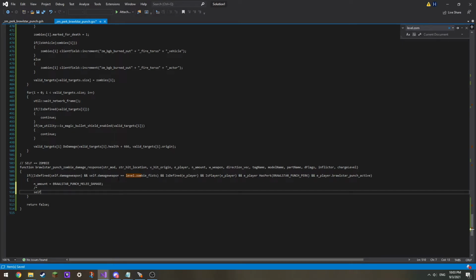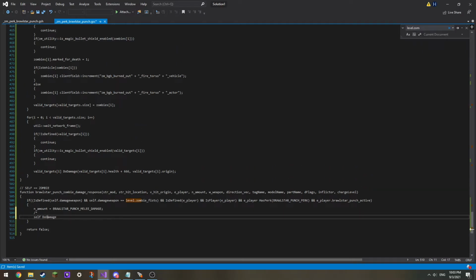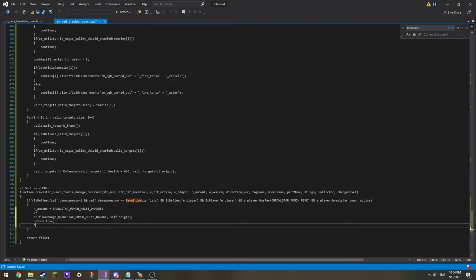We need to do self do damage just like they did up here. Alright, so if this doesn't modify the damage, we just need to delete that, uncomment this, and then that should